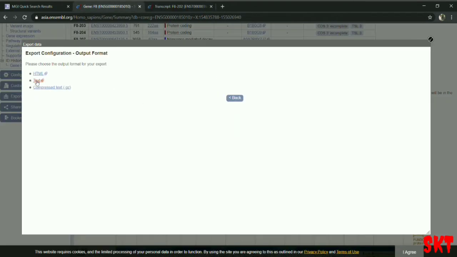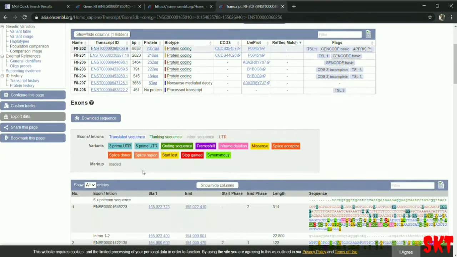So it's loading. So this is the sequence coding for the F8 protein in our human body. See how long it is. This whole coding sequence forms a single protein, that is the F8 protein. Deficiency of this causes hemophilia. It's a genetic disease, and that's why it's found on chromosome X.